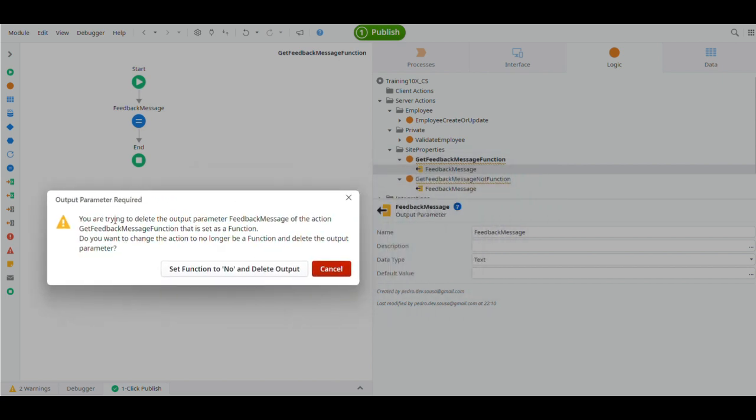only one output parameter. So we can check here in the message from OutSystems, we are trying to delete the output parameter. Okay, that is set as function. Do you want to change the action to no longer be function and delete the output parameter? Okay, so in order to be a function, we need to have only one output parameter, and it cannot be empty. We need always to have one, not zero, not more than one, only one. I'm gonna hit cancel,